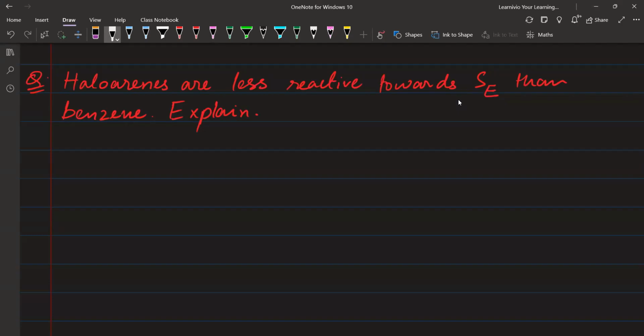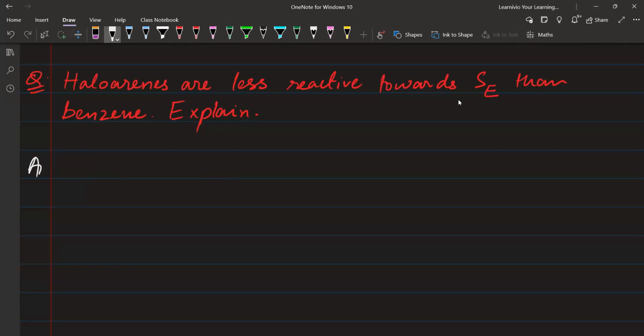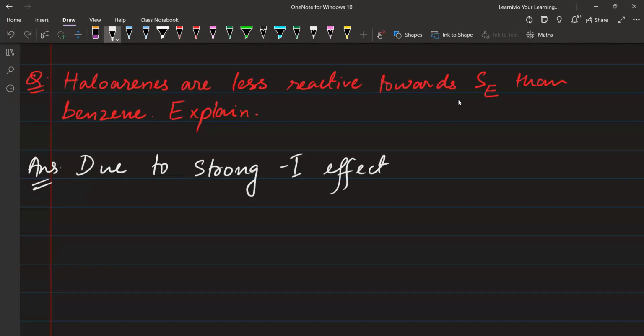So in an electrophilic substitution reaction, there is an electrophile which is positively charged. It will react with something which is negatively charged. If this negatively charged substance is highly negative, then the reaction will be very fast, and we can say that it is reactive towards SE. Fine. But when we have haloarene, please write the answer like this: due to strong minus I effect of halogens